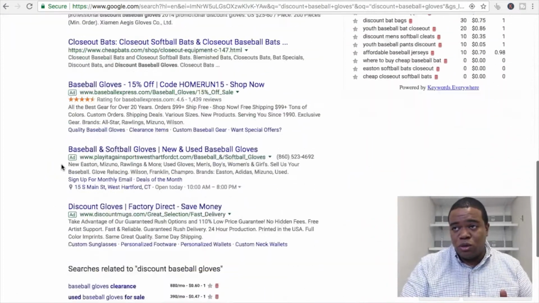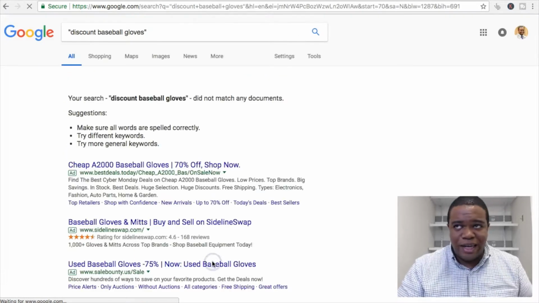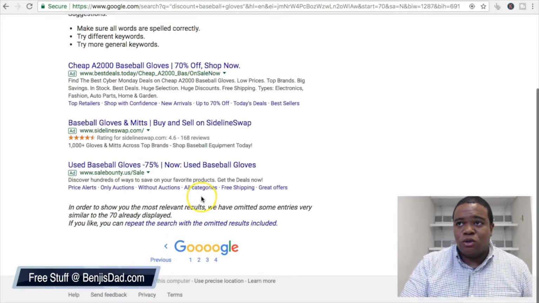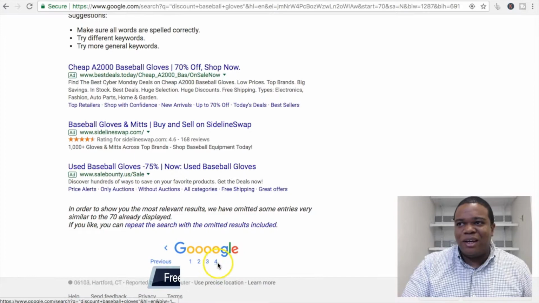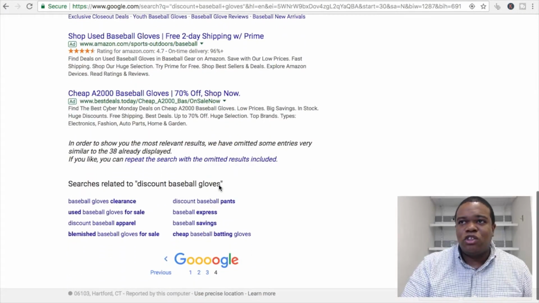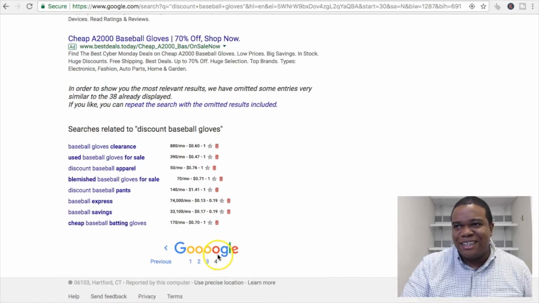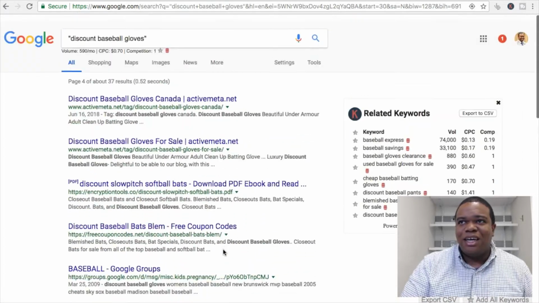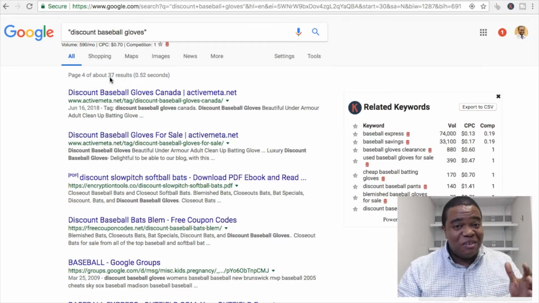So we're going to scroll down to the very bottom and we can see that Google has 8 pages so far. So we're going to click on the last page, page 8, and scroll all the way down to the bottom, and you'll see here that the 8 went away. Now it's just 4. So now we're going to click on the 4, scroll all the way down to the bottom, and now look at this. We are at the end of page 4 and this number up here changed. Now instead of saying 11,000, it says 37.